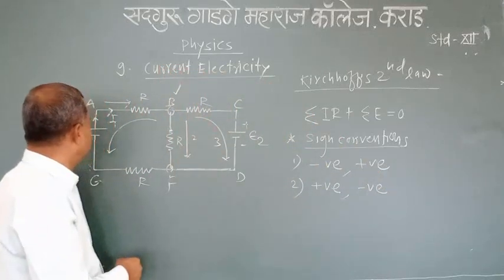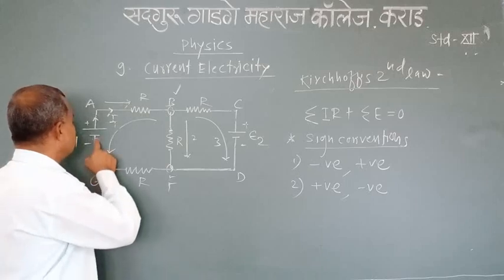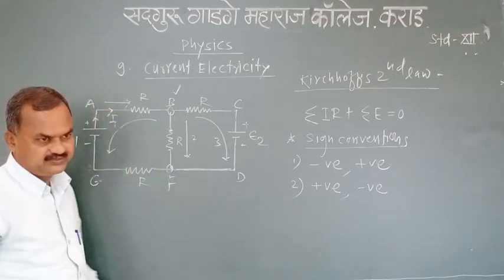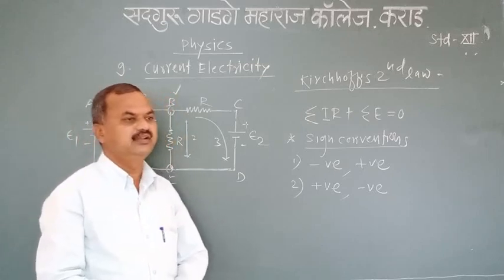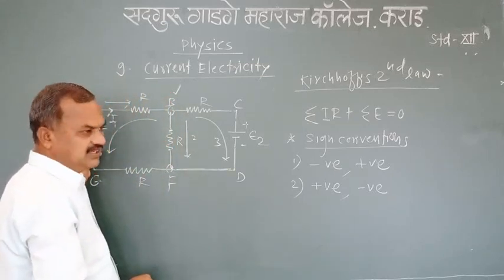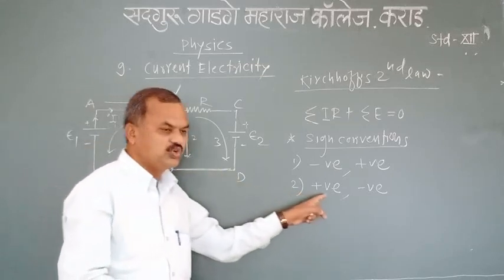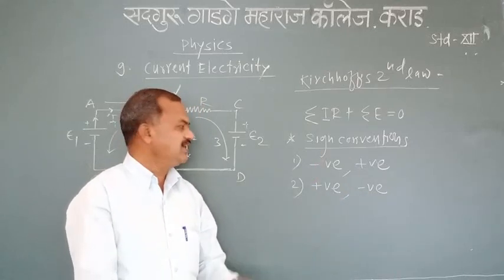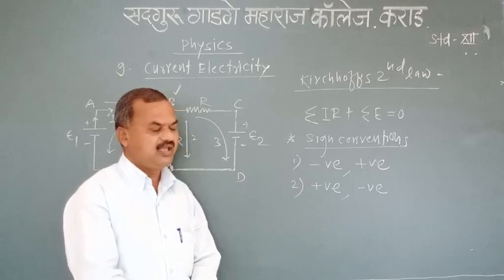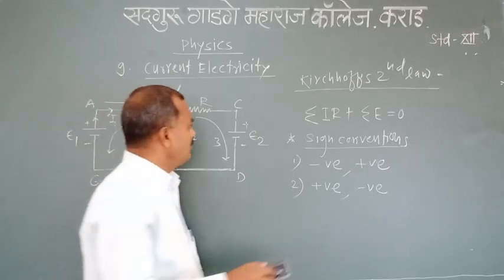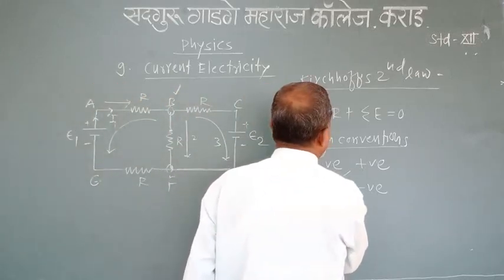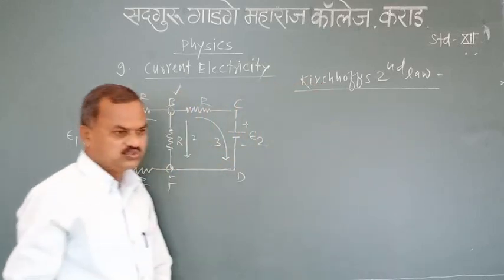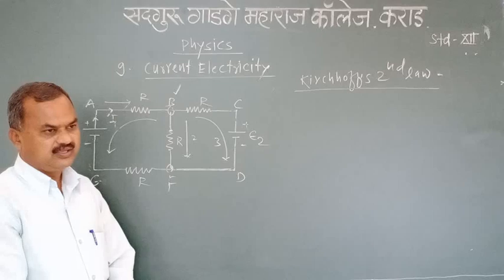While tracing the loop, if we traverse inside the cell from the negative plate to the positive plate, then the EMF of that cell is considered positive, otherwise it is negative. By considering these sign conventions, apply Kirchhoff's second law, called the voltage law, for any closed loop in an electric